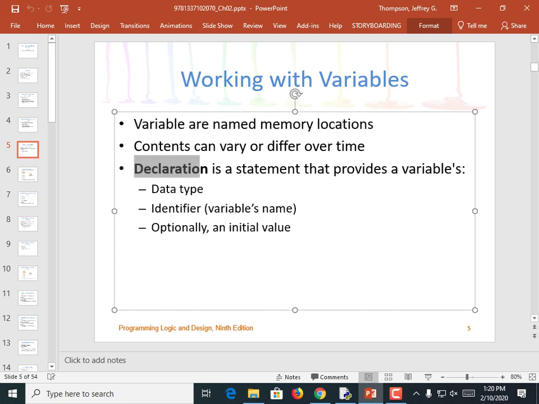So the declaration is a statement that provides its data type, its identifier, what I called its name, and optionally an initial value. Now in Python you have to give it an initial value, but in lots of programming languages you don't. In lots of programming languages you have to give it a type, even if it doesn't have a value. So you declare them like this in those languages: int x. That makes a variable called x that you know later on is going to store a whole number, or string